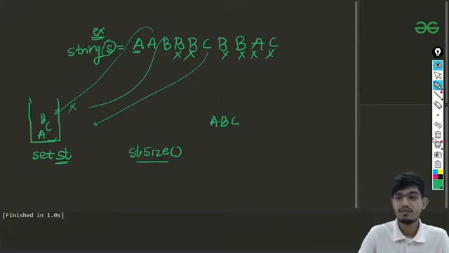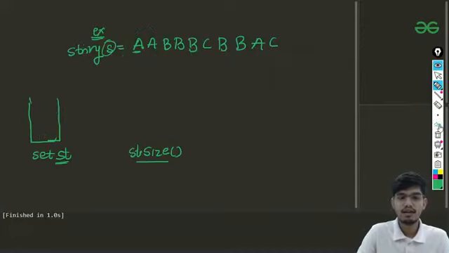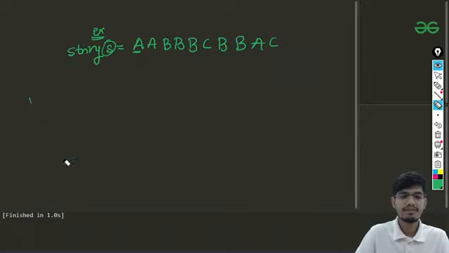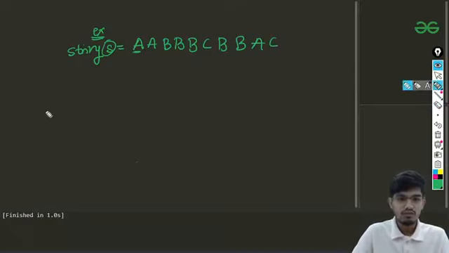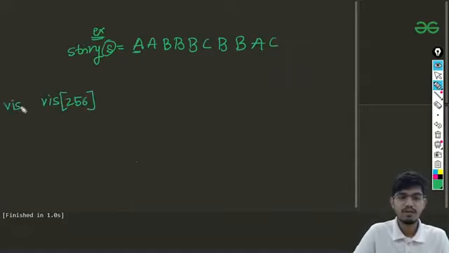So that is the first way, and let us talk about the other way which we can do. In that, we are going to make a vector, basically an array. So here I am making an array of integers, and I'm calling that visited. Why am I taking 256?